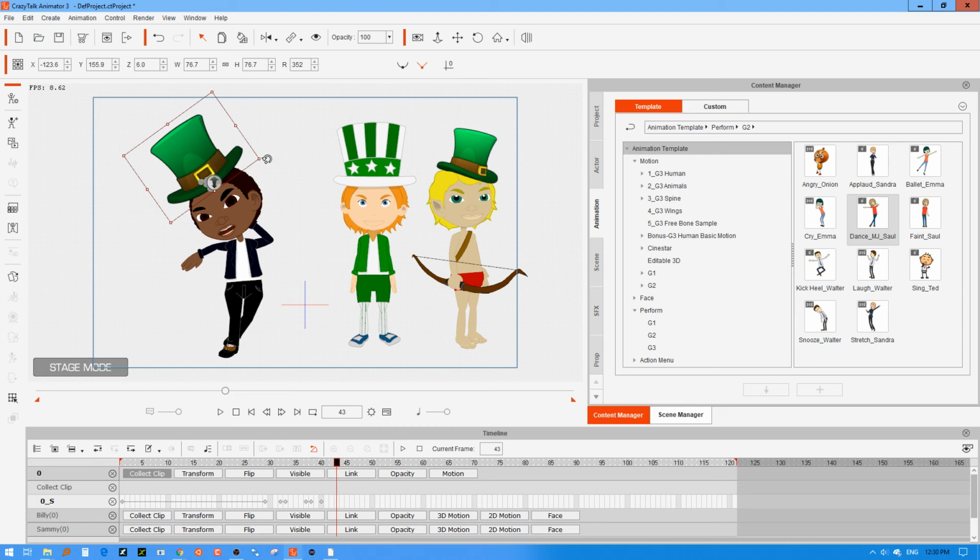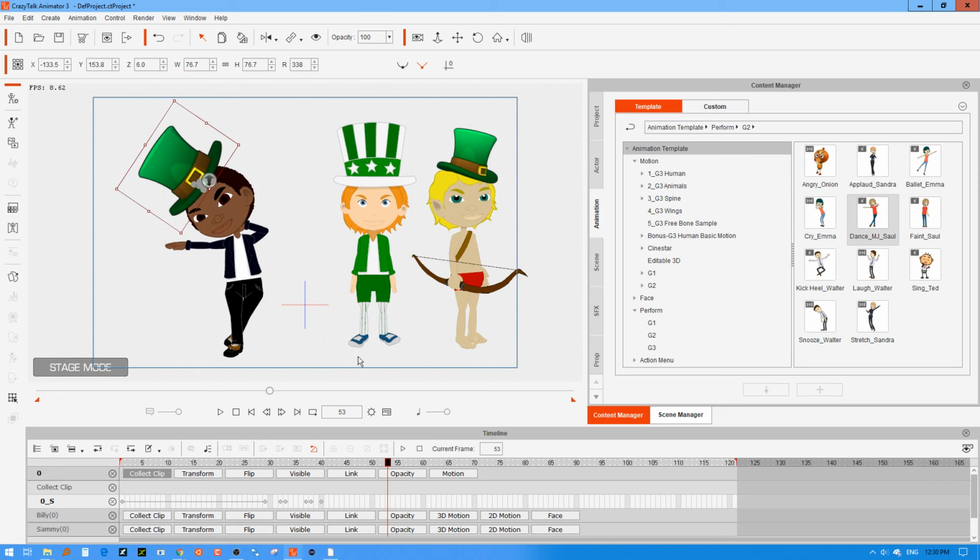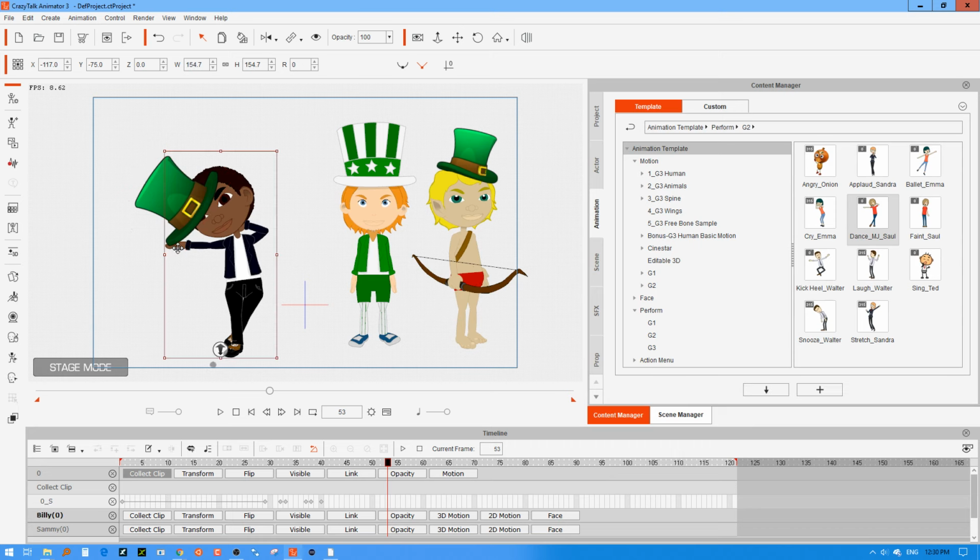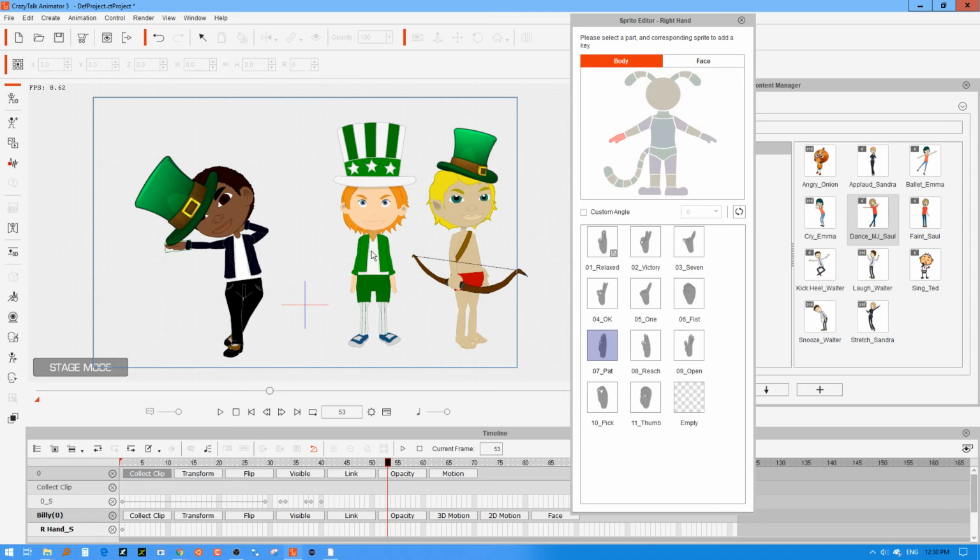And at this point, I'm just gonna do a little additional bit of animation here just for the heck of it. Since I'm on a roll,